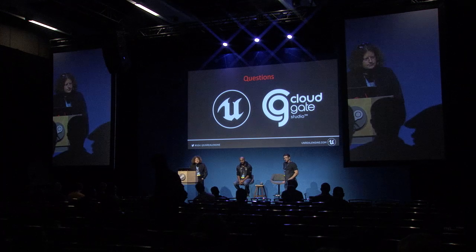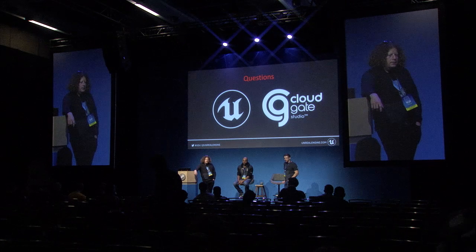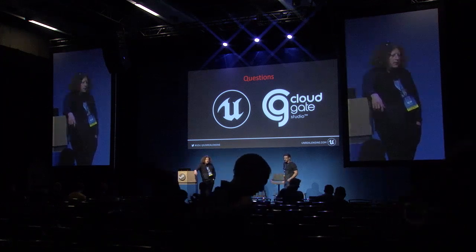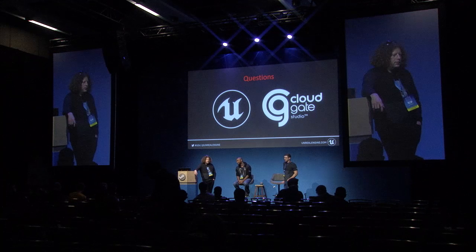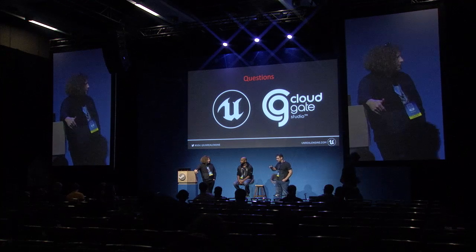Good. I'm a programmer. I love C++. Would you recommend that I drop coding and go to Blueprints? No, not entirely. Not in our opinion. It all depends. Obviously we come from a different mindset. Our ideal programmer is somebody who's willing to work in Blueprints and debug what we're doing and show us the proper way to make stuff in case we're doing it wrong, and especially at least make our tools in Blueprints. One of the most powerful things you can do as a coder is make Blueprint nodes for the team instead of just keeping them in C++. But if you're a one-man team and you rock the world in C++, keep using it.